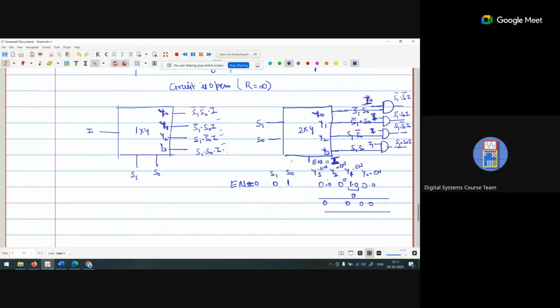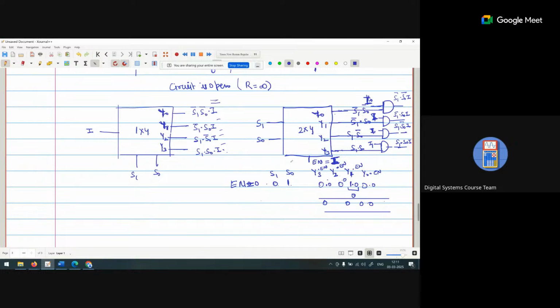Sir, in that decoder part, why do we end with I in the last part? Why do we need the ending with I? The ending is there because we compare and make this particular equation compatible